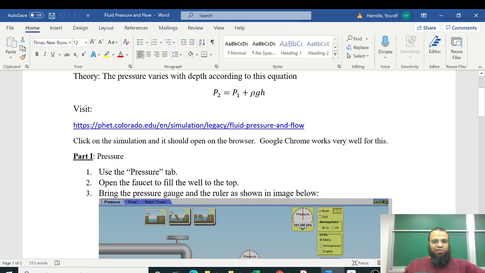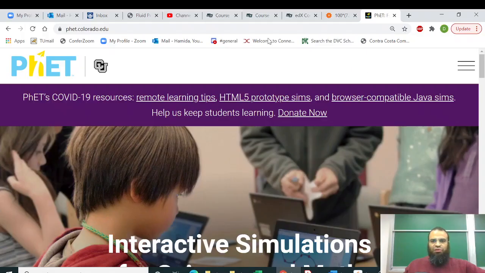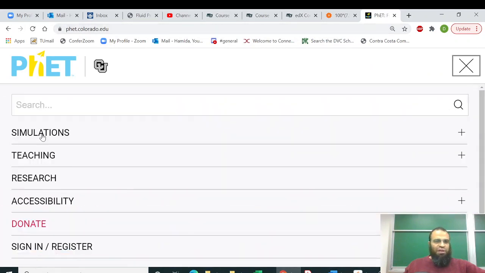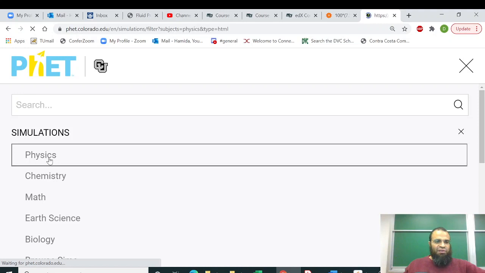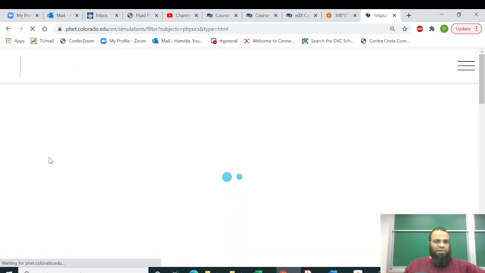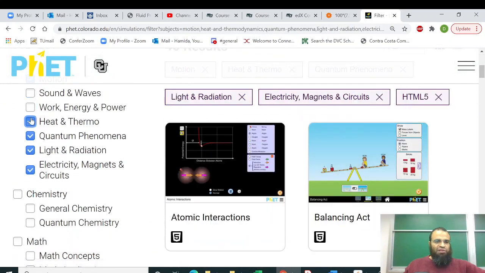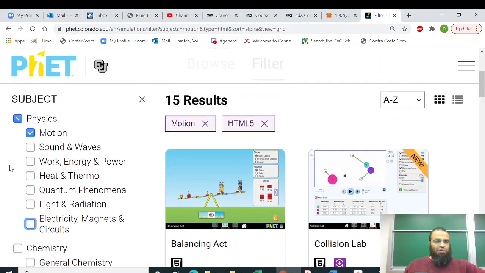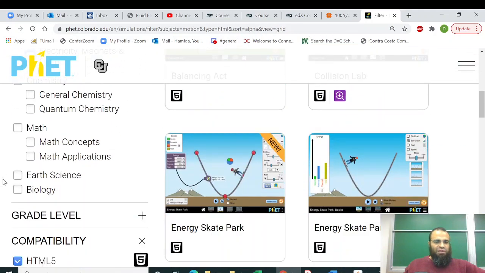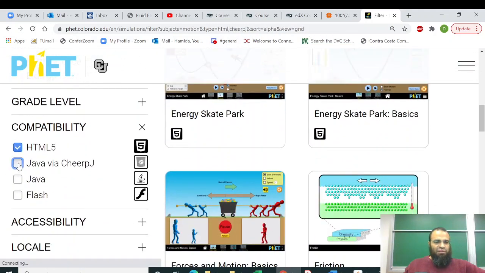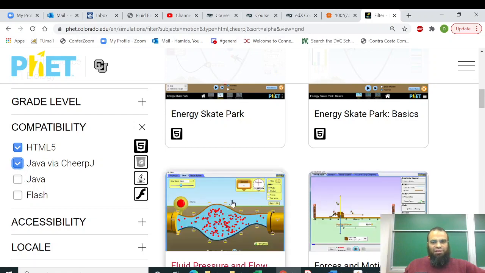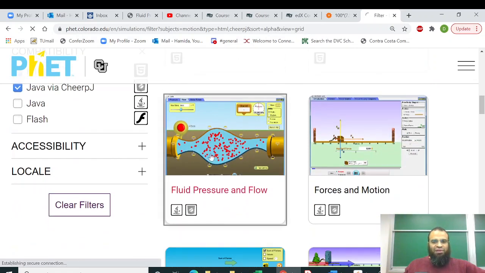So we're going to go to this website as usual. You can just copy paste this link or simply go to phet.colorado.edu. I go here, simulations, physics. Let's give it a moment. I will just uncheck all of these boxes except for the motion box. Okay, it's here, this one. So I click on it